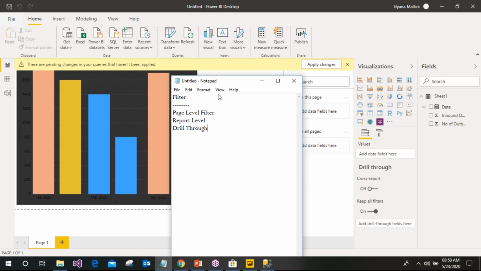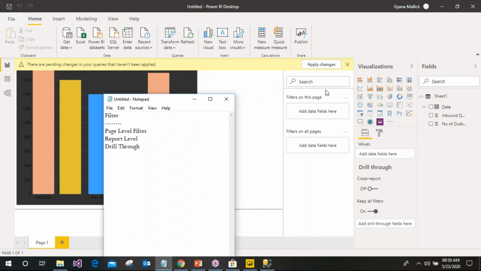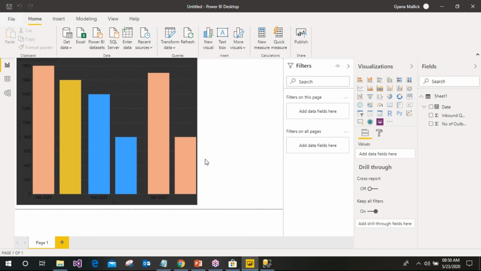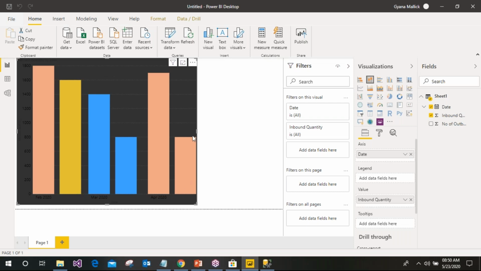Basically here in the filter option, you can add two things: filter on page and filter on all pages. Filter on all pages is the same as report level. Earlier we called it report level, but now it is changed to filter on all pages. So what is filter on page and filter on all pages? Let me explain. In one page, I have one chart here, that is a bar chart. So in a real scenario,